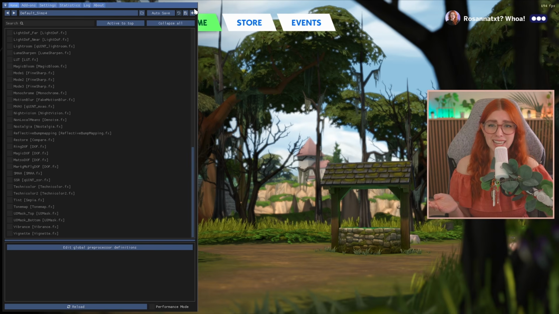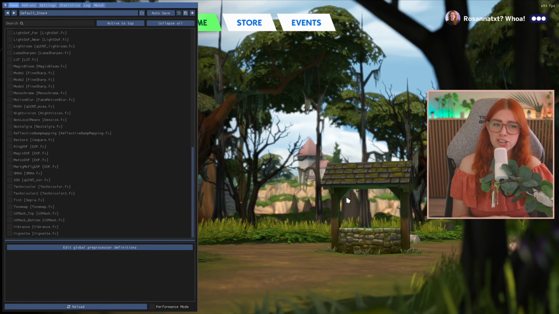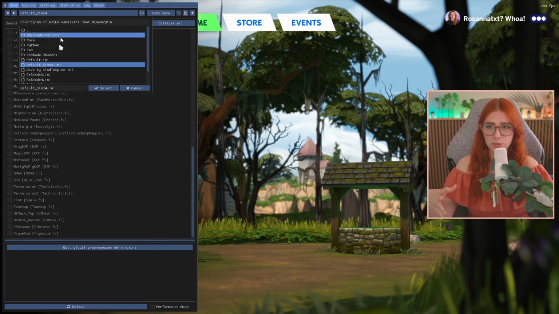You can always create that in hindsight, like you can go here and add a new preset, but I personally have found that the bugs still remain, and then some of the presets won't unload, and it's kind of a pain in the ass. So please don't skip that step. Please create a default Sims 4 one for yourself, because it's just going to save you a lot of hassle if ever anything breaks. Now that you have Reshade installed and you know how to switch between your presets, let's